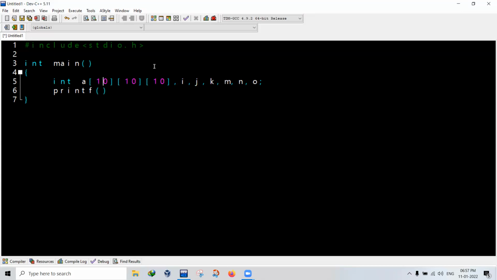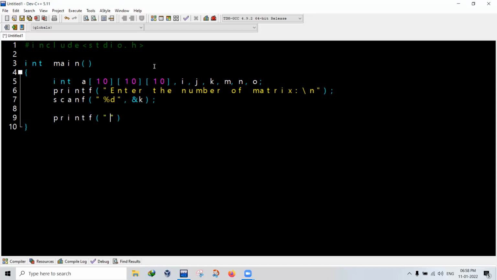Printf: first, take the input for this block. Enter the number of matrices, how many matrices my user wants. scanf %d, and I'm taking the number of matrices in the variable o. Now the second part is common. Printf enter the number of rows, \n, scanf %d, storing in the variable m.